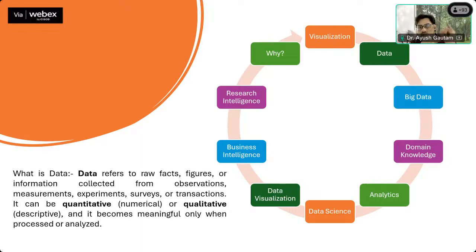So the first thing is volume of the data. Whenever you have to talk about big data, you need to remember big data means 3Vs. What are these 3Vs? Velocity, volume, and variety. Now we discussed what is the volume. Volume is the size of the data, megabytes, gigabytes. Then what is the variety of the data? It means different types of data are being generated at the same time, and then comes the velocity of the data.